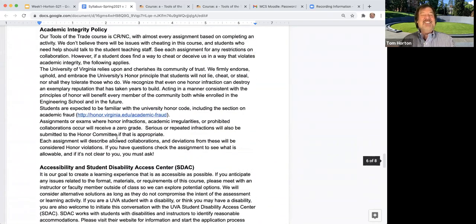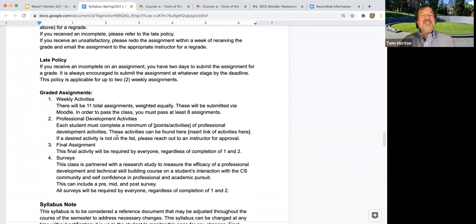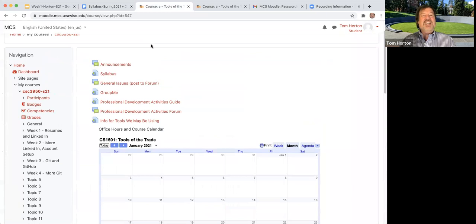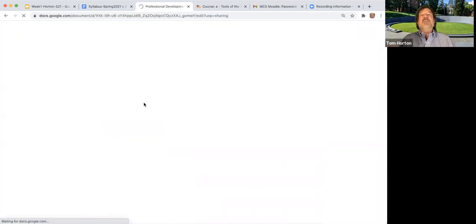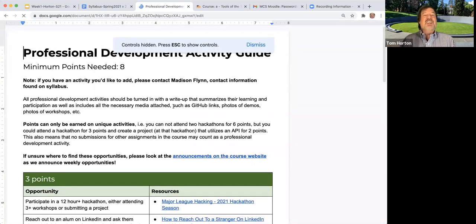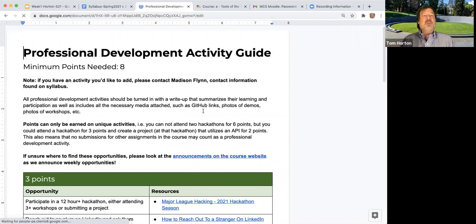In the meantime, I want to go back and talk about professional development activities. So you do 8 of these 11 weekly activities, and then there are professional development activities. When I first thought of this course, Professor Sullivan and I talked about it, and we didn't have this in mind. Then we hired a bunch of TAs, and they said the technical stuff you want them to learn is great, but there's other stuff they need to learn here. The professional development activities are described here. These are things you do like homework